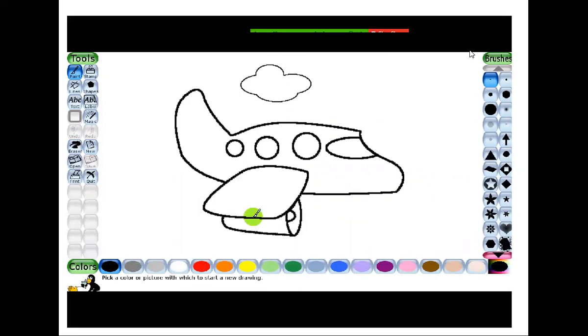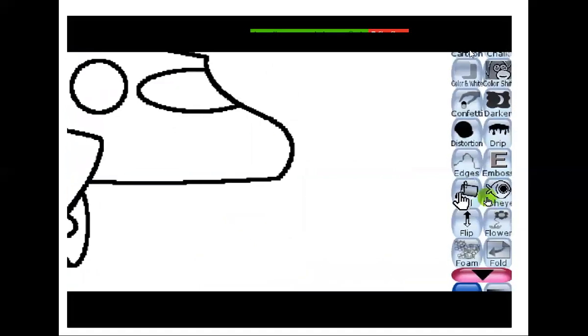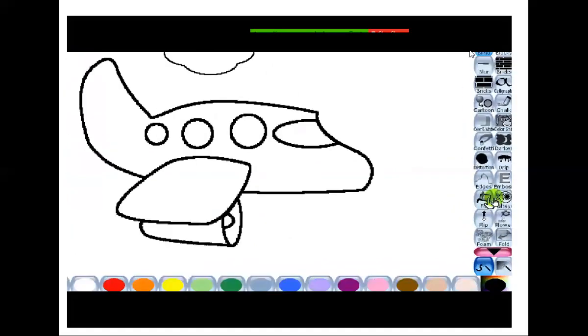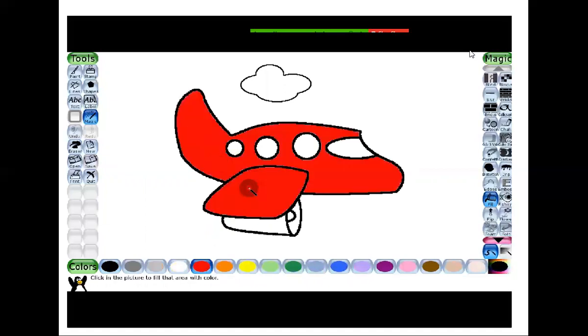To color the drawing, you have to click on the right side. You see the magic tool. This is the magic tool. You will click here, and from the right side selector, you will choose this fill color. After clicking, from the color box, you will select any color of your choice. So I am choosing red here, and to paint, you just need to click on the area you want to paint. You see, this color came.